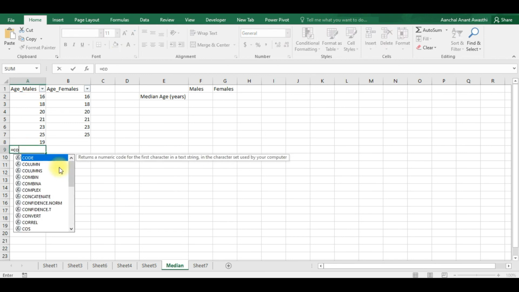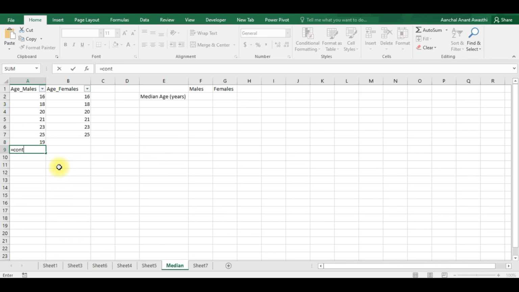We can use the count function as we discussed in the last video. So 7 observations in the first series, and how many observations in the second series? We can drag the formula in this way. So 6 observations in the second series, and we have to compute the median.